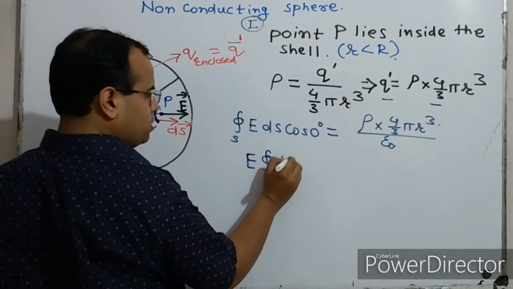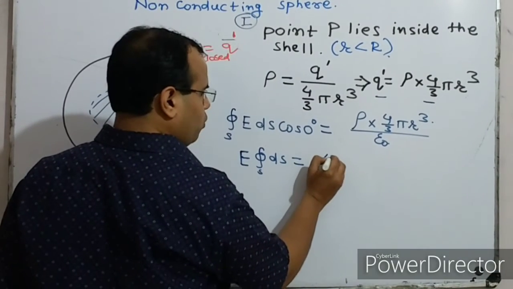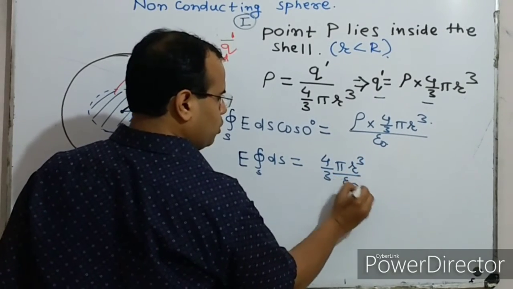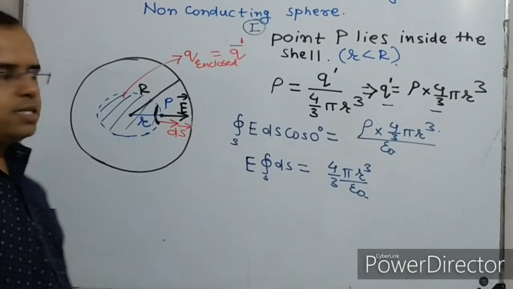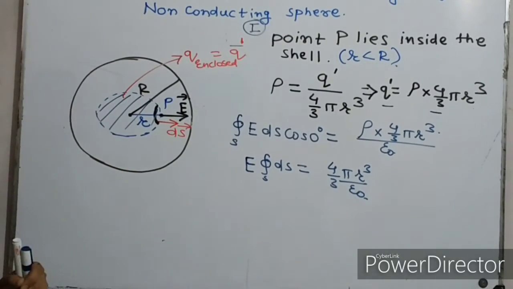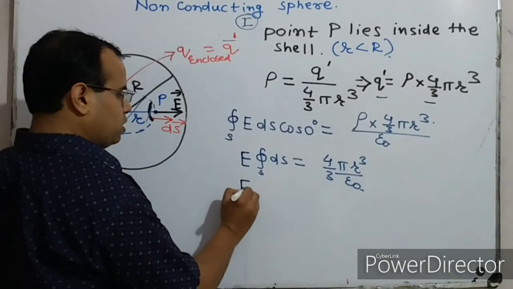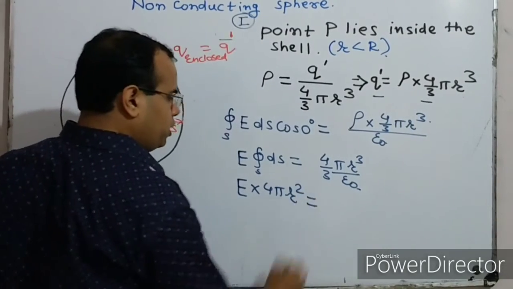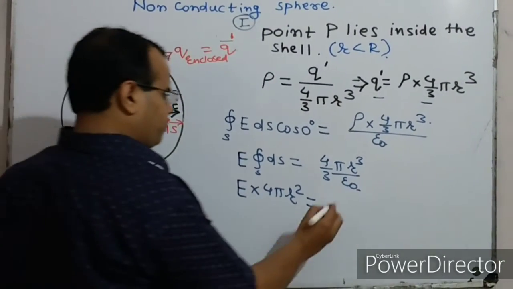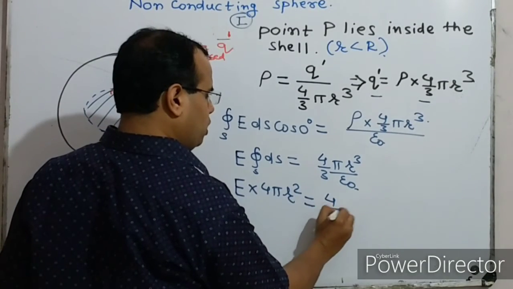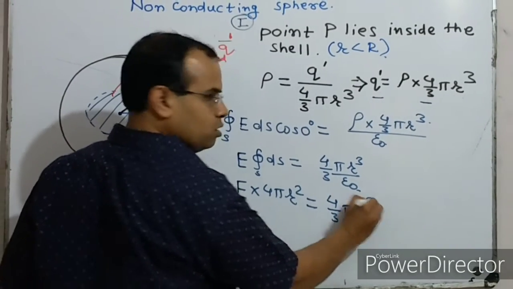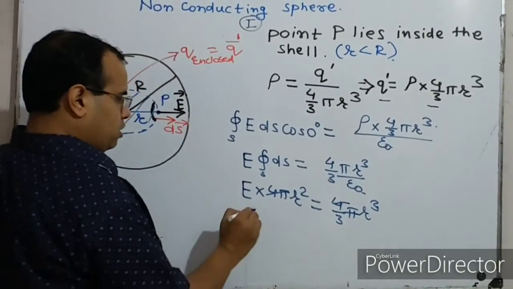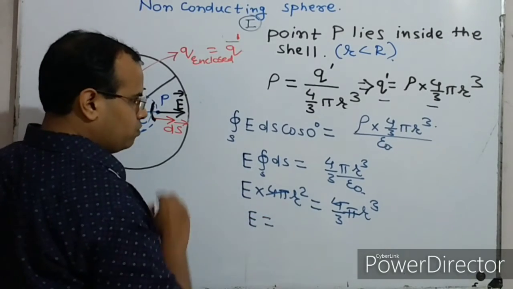Closed surface integral ds is equal to 4 upon 3 pi r cube upon epsilon naught. Closed surface integral ds is nothing but the surface area of this sphere, and you know that the surface area of the sphere is 4 pi r square, where r is small r, so E into 4 pi r square. And this is written as 4 upon 3 pi r cube. Now this 4 pi and this 4 pi are cancelled. You are getting E is equal to,